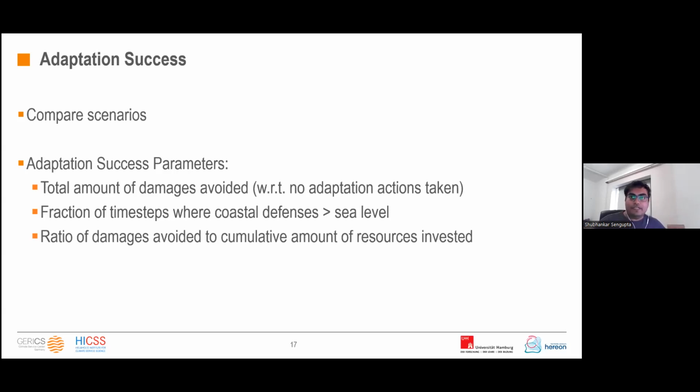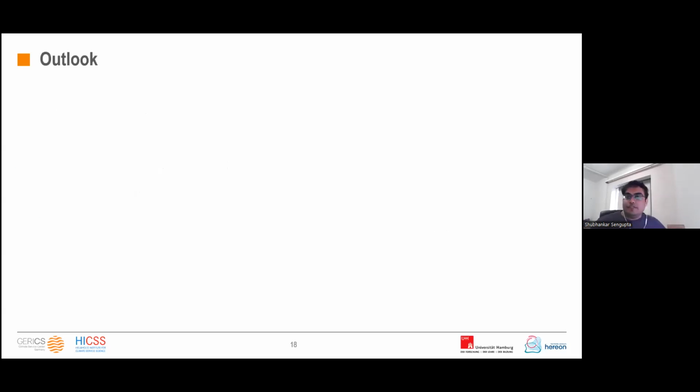I'll move to the outlook now, the conclusion. For the next few steps, we plan to extend the model to multiple agents. That's one of the best strengths of the viable framework. The interactions between agents lead to complex behavior and emergent patterns. That's the major extension we plan. It will also allow us to move from the urban planner level to a more local level, like the household level, for example. We then plan to give them expectations of the future, so the agents can take more proactive action instead of the reactive behavior that you see.